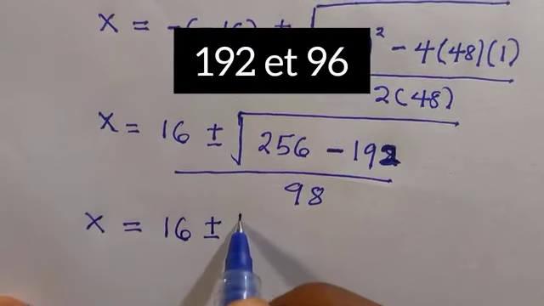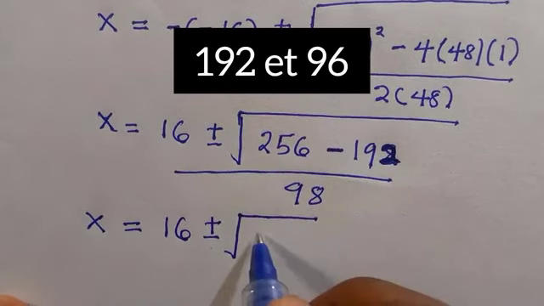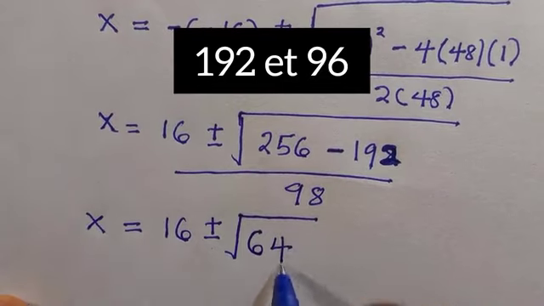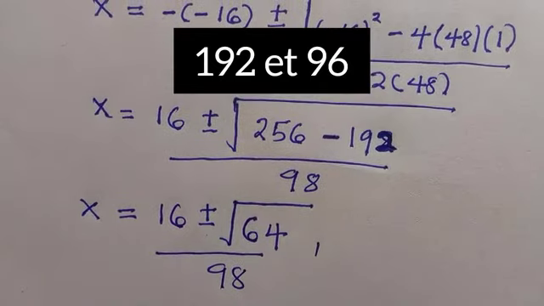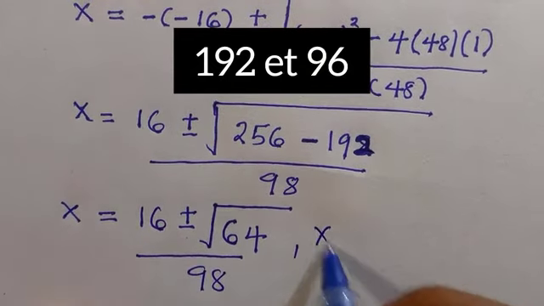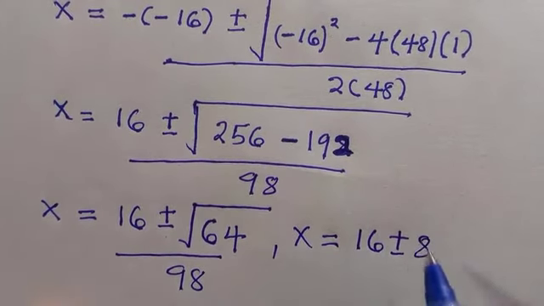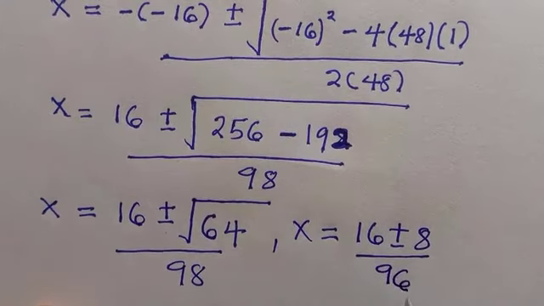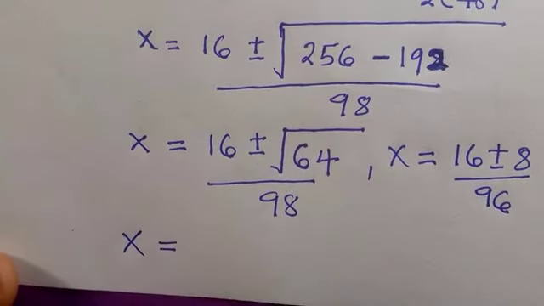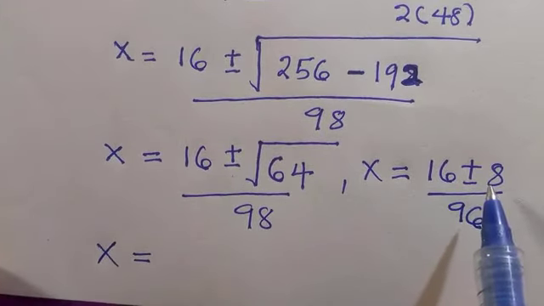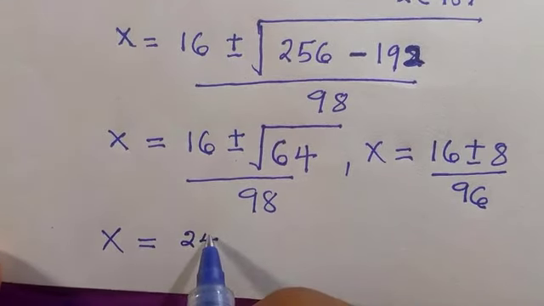or minus the square root of, so by subtracting 192 from 256, we have 64 divided by 96, and this gives x equals 16 plus or minus 8 divided by 96. So the next thing we are going to do here is x equals, by separating this with plus or minus, for the first one we have 16 plus 8, which is 24 divided by